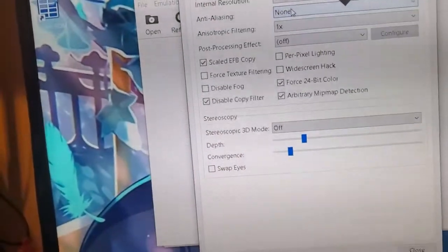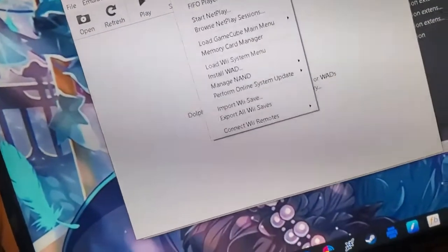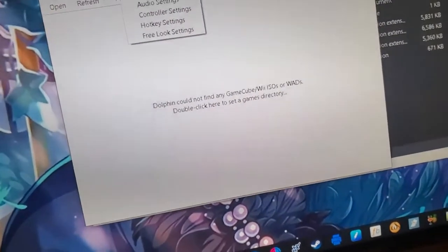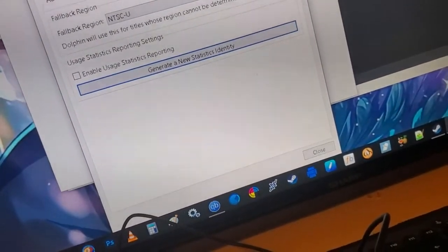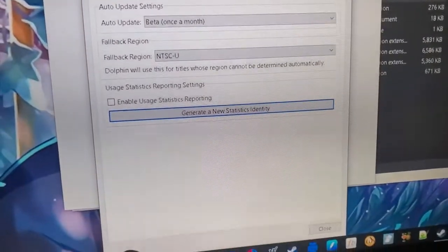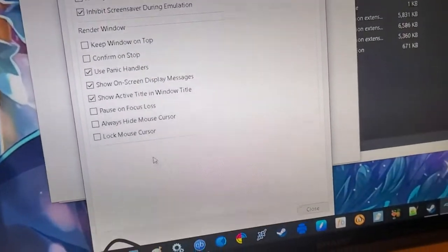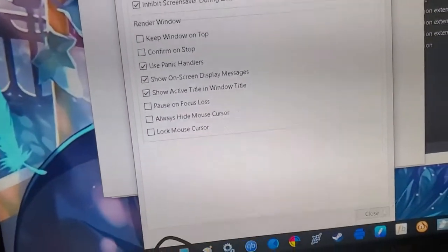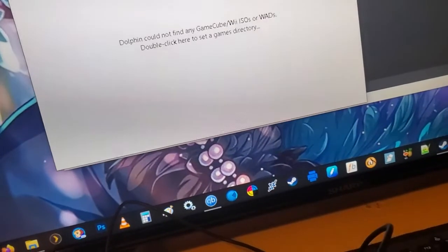So after that, you press close, and then you go to the configuration page. But first, you make sure the emulation starts at the resolutions you want, and then after that you load up the configuration, go to interface, and then go down to where it says confirm on stop, uncheck that, and once you uncheck that, you press close, and then from there you go to hotkey, and